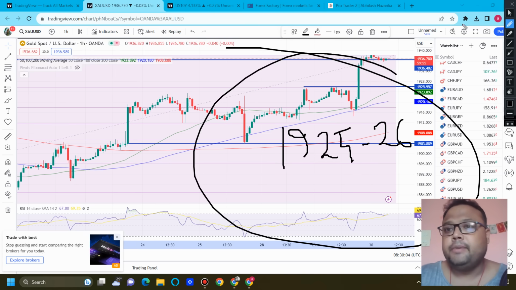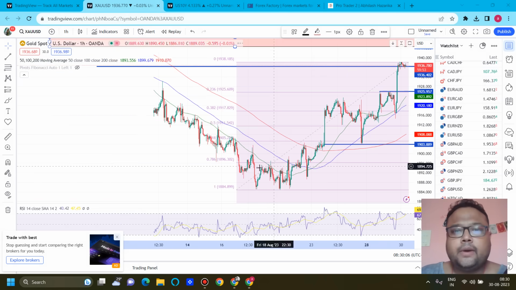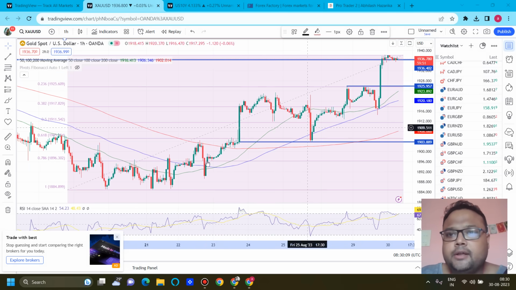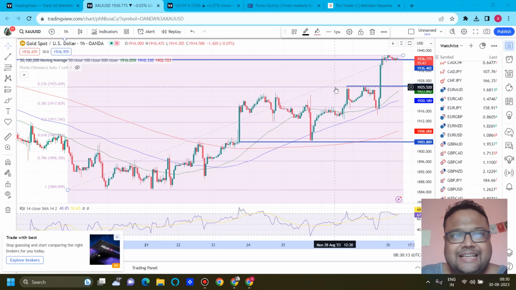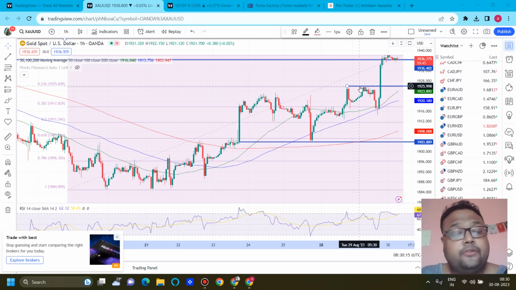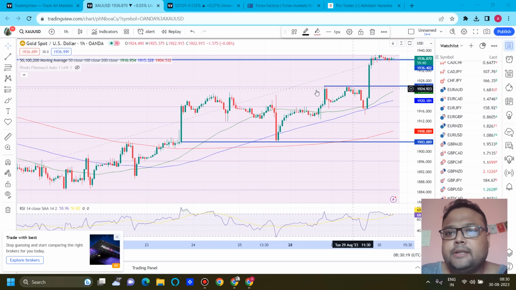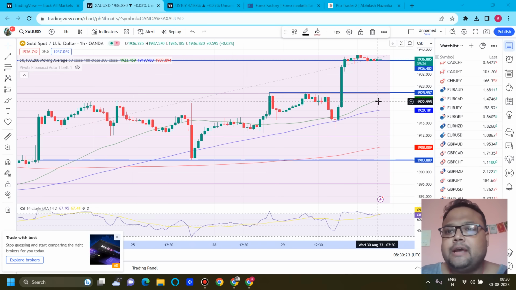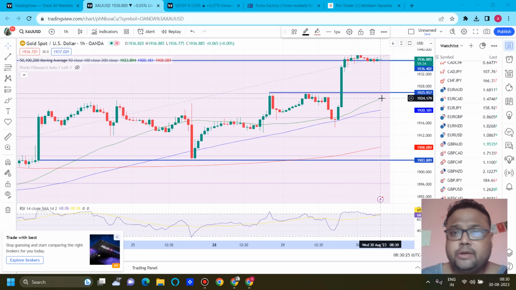before the news, because you can see here when I'm drawing Fibo from here, at the 1925-26 level we have the Fibo 23.6% retracement level. And the best part is the previous resistance will also be acting as support here. And we also have the 50 moving average coming up. So if we combine all the three factors here, Fibonacci, price action, dynamic support, all the factors are pointing towards 1925 to be the presence of good buyers around